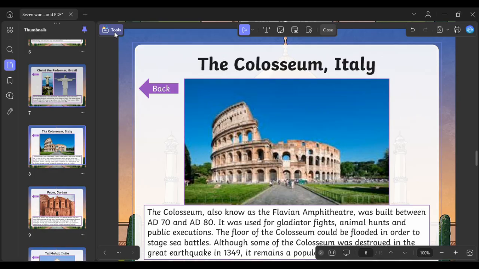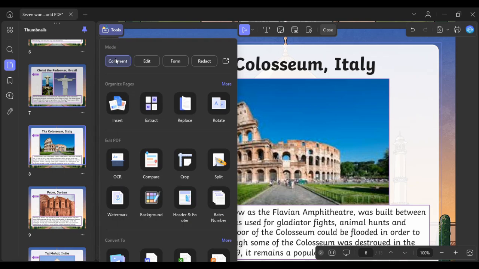One of the best features of UPDF is that it allows you to work whenever and wherever you want. It's compatible with any platform you are using, whether it's Windows, Mac, Android, or iOS. This gives you the flexibility to edit your files not only in your home or office, but anywhere, anytime on the go. Now, aside from editing, we can also annotate.